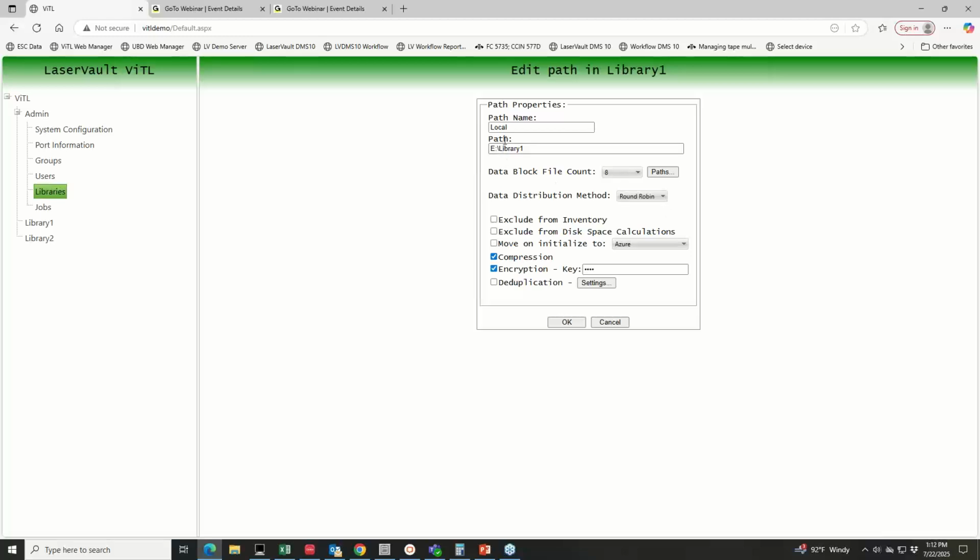So the settings for adding a path. You can name the path, put the path itself, where this could be an SMB share, an iSCSI path, a cloud storage path, whatever the case might be. The next speed feature for backups is called our data block file count, and it's currently set